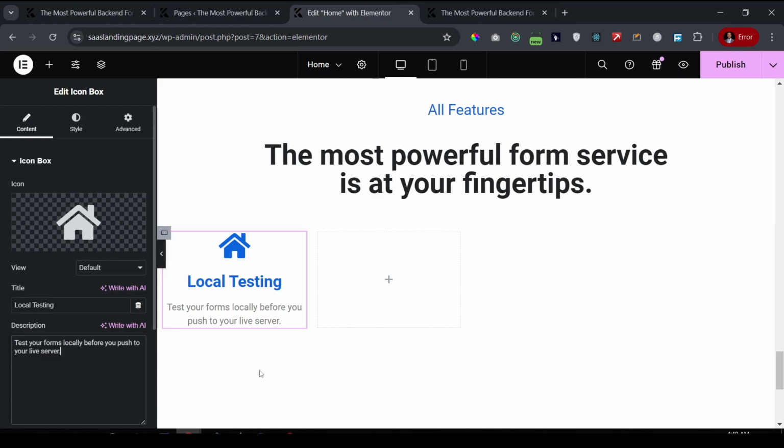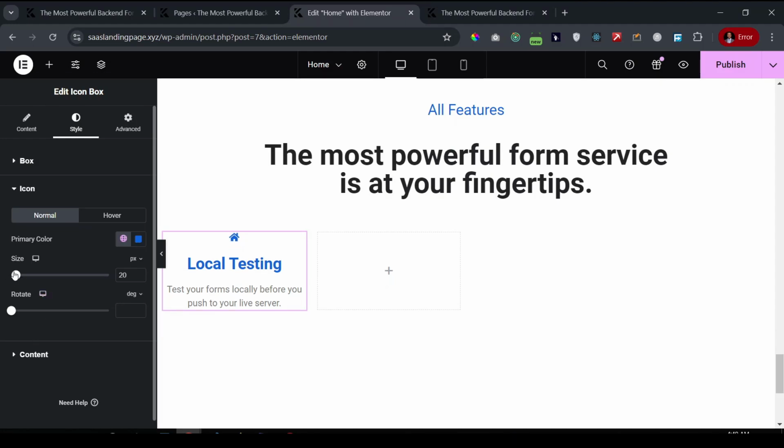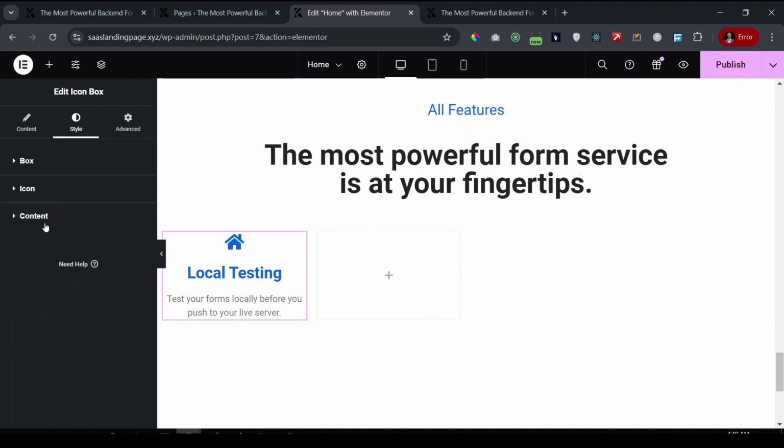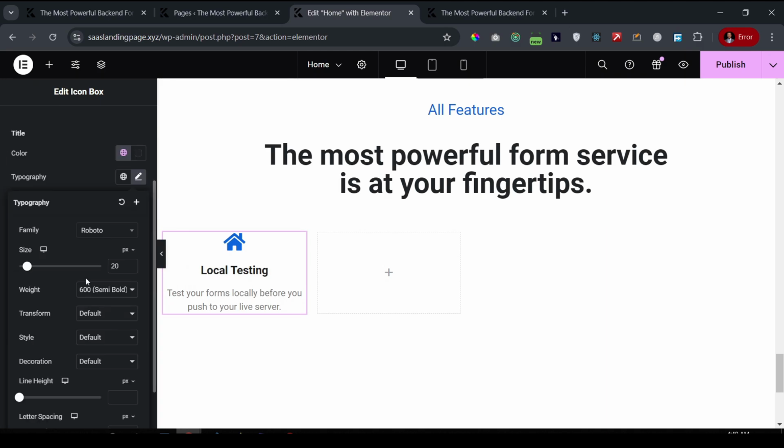So perfect. Now of course the styling is quite different, so we're going to come to style, and we're going to make the icon a bit smaller. Okay, so let's leave it like that. Then we're going to do the text, the content. So the text, we're going to make it dark. So let's just do secondary. Then we're going to reduce the size a bit. So local testing, I think that's fine. Then the description,